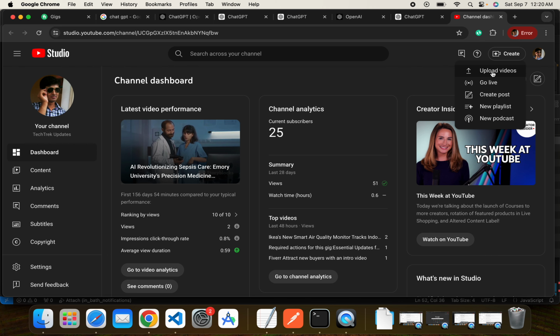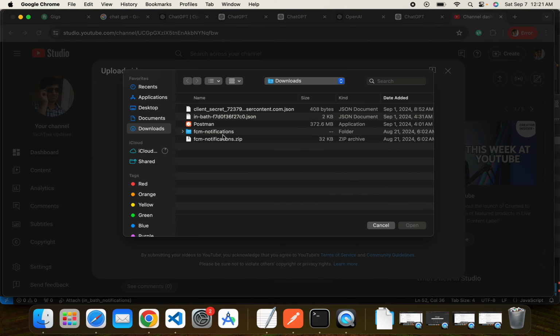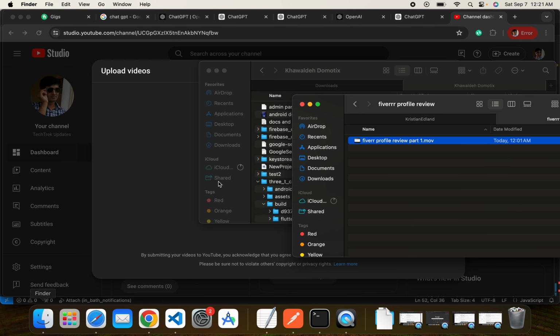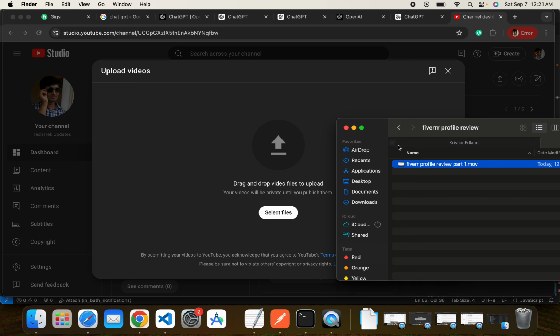Just click Upload videos. It will have two options. You can drag and drop the video here, or you can select a file from the location where you want to upload. I just want to use the drag and drop feature, so I just